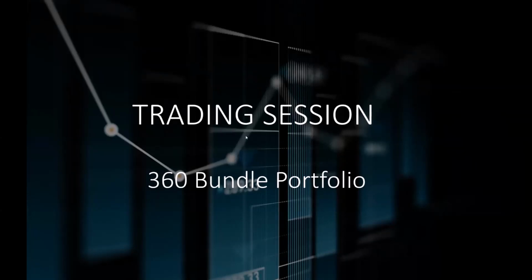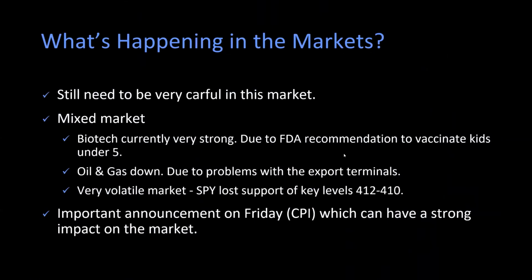I'll give you a short market update because this morning, actually, only about 12 hours ago, the markets were up and it looked like a super great day. And then at 7 o'clock, 8 o'clock, some news came out and it started to wiggle. And then during the day, the market turned down and we had about a 600-point loss today. So we still have to be very careful in this market because it's still very, very volatile.